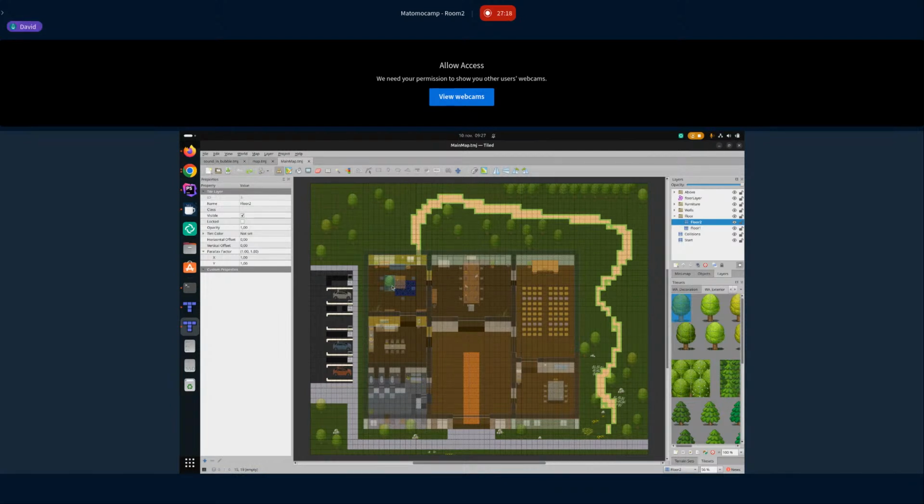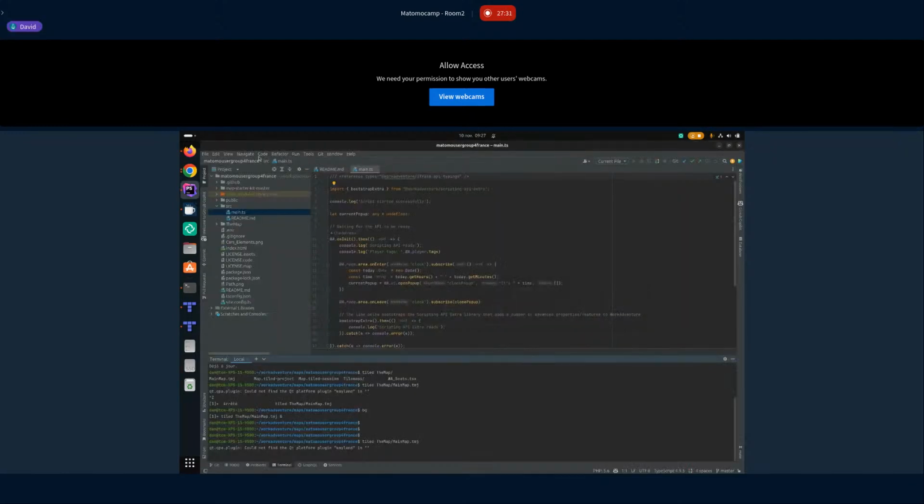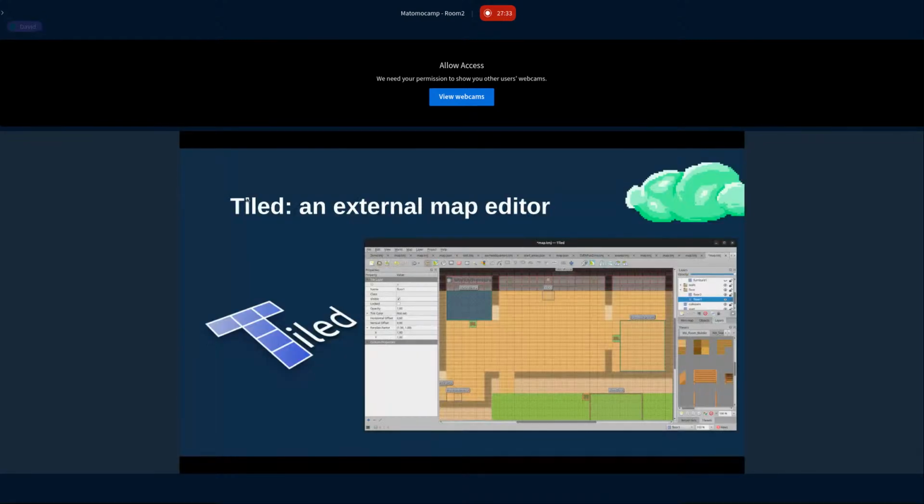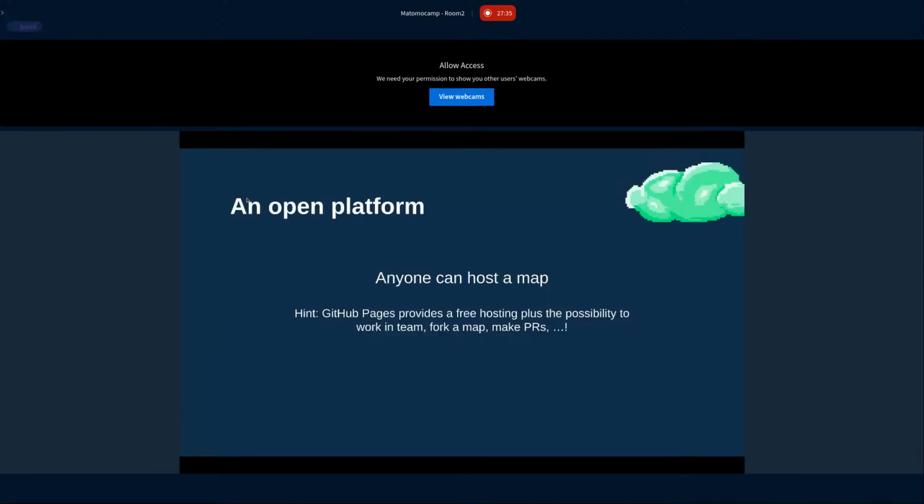Tiled is going to generate a file, which is a file whose extension is TMJ, and next to the file you will have a bunch of images. The idea is that, and it's a bit special. You would expect, in a normal platform, to take those files and upload them on Work Adventure. But it's not actually working like that.